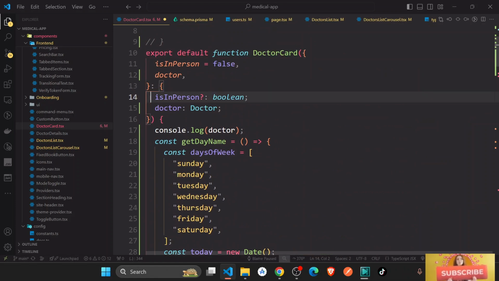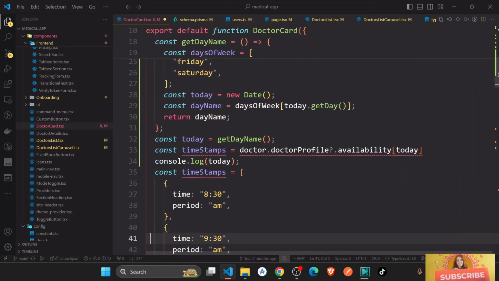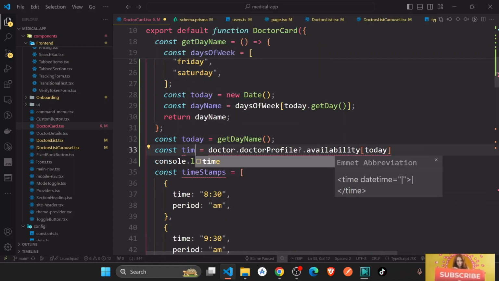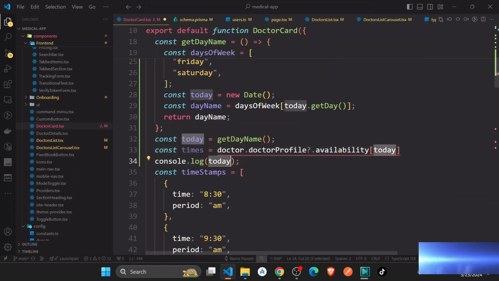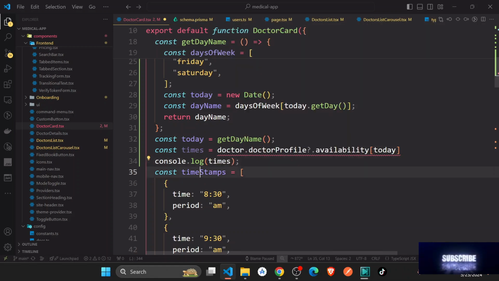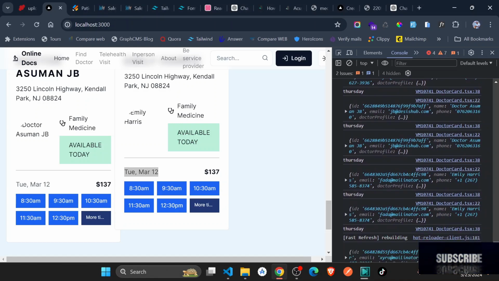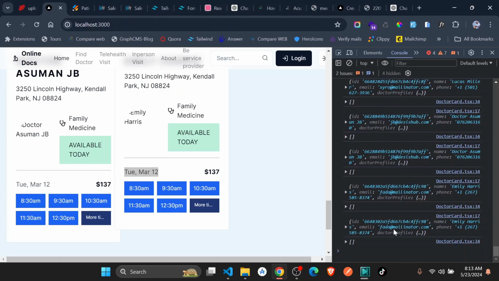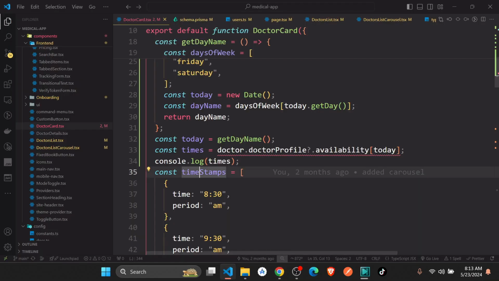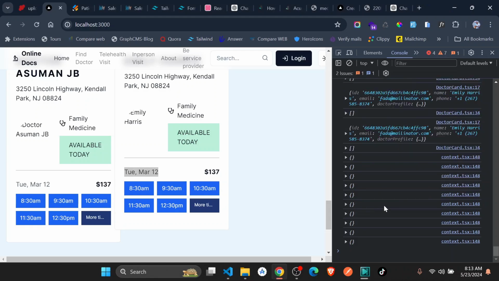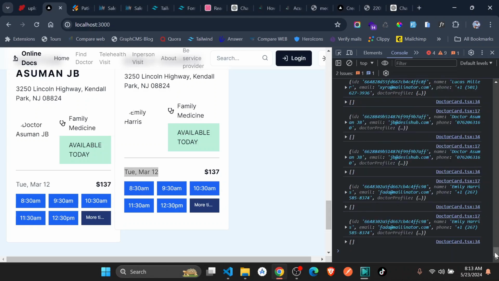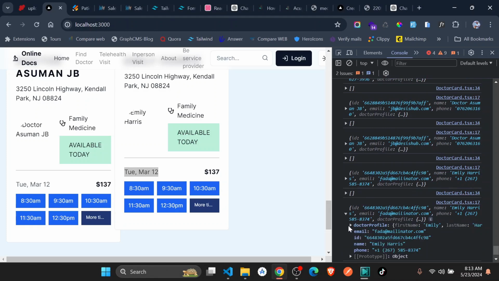And I'm just going to change to times. And let's just say times. So line 34, we have an empty array, and we could just also confirm if this is true by going here and check